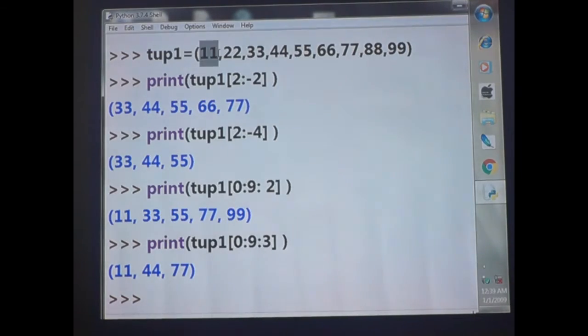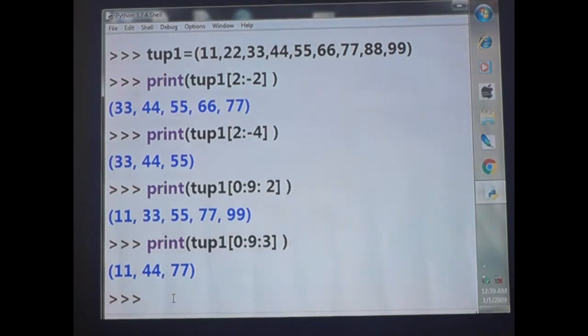So if I take 11, 3 steps, 1, 2, 3, so 44 I have to take. So 44 is printed. So 3 steps, 1, 2, 3, 77 is printed. So 3 steps, 1, 2, 3, out of range. So that's all. 11, 44, 77 is the answer. Do you understand what I am saying?